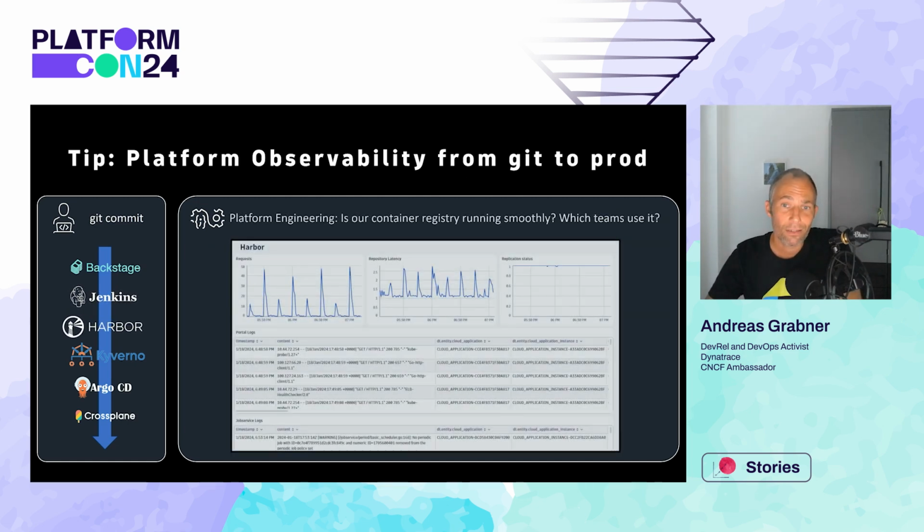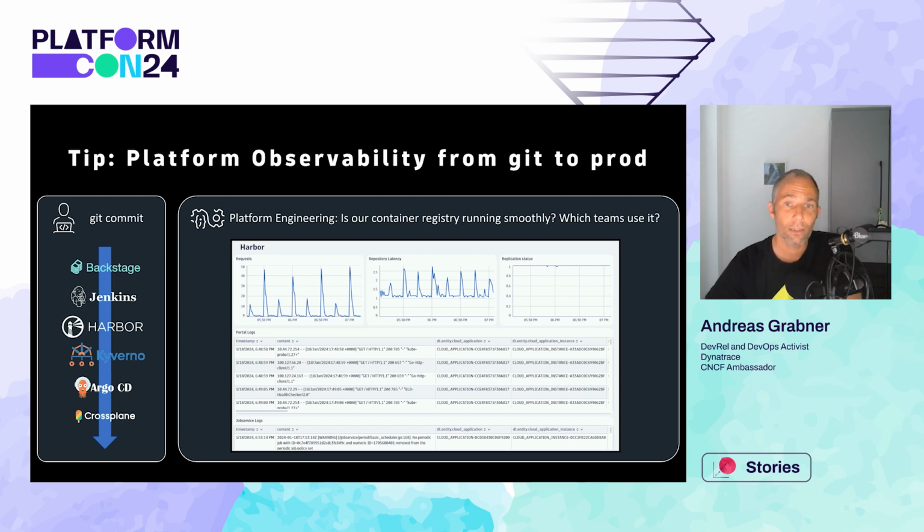Next thing is, when you build something, you probably push it to a registry. Harbor and many others are registries out there that you want to make sure that you also monitor, because if those registries are not working as expected, the developers cannot push new content, new containers to the registry, and also your GitOps system or whatever does the deployment cannot pull them down.